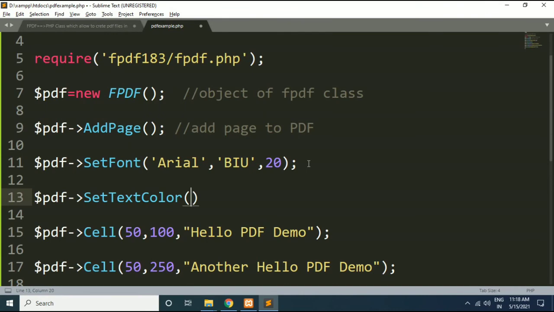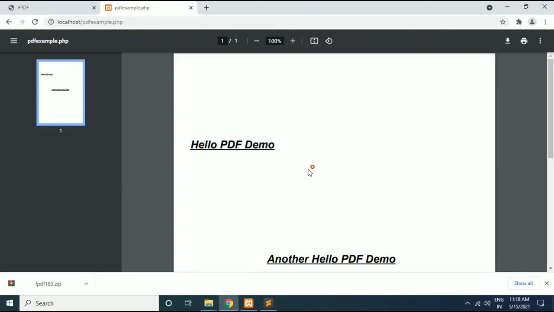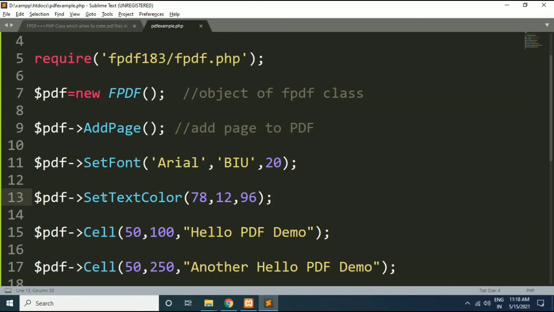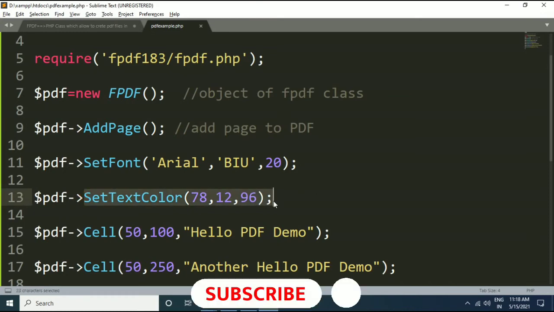Now friends, this requires three values RGB. Okay, so some random value I will try to specify. Okay, and let's try to see what color we will get for this text. You can see we got the colored text in the output. Like this we can use this set text color function for setting color to text.